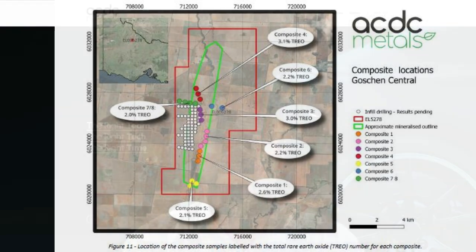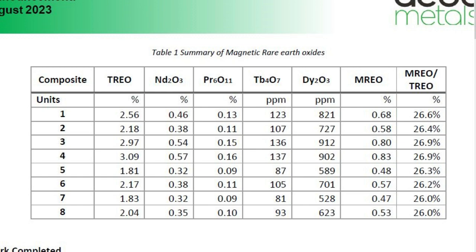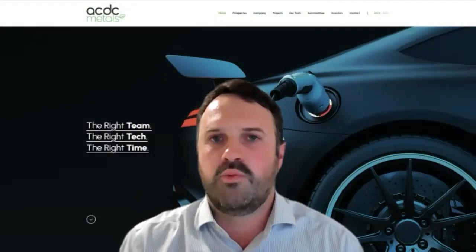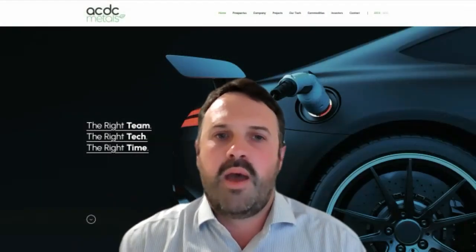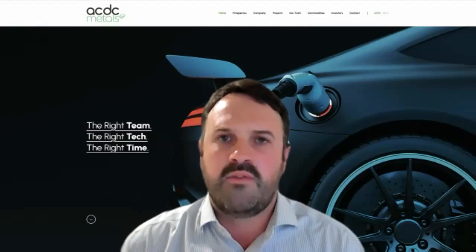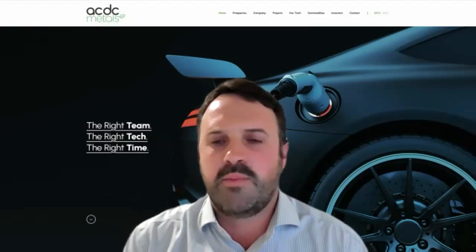We've seen grades between 2 to 3.1% TREO, so that's total rare earth oxide. And the assemblage that we've got back as well is showing us that we've got the good ones that we want to have in there. So the magnetic rare earth oxides, so that's the praseodymium, the neodymium, terbium and dysprosium. And there's good amounts in there. The distribution is really strong. We know that if we have those 4 in a good abundance, they can contribute to 90% of the value